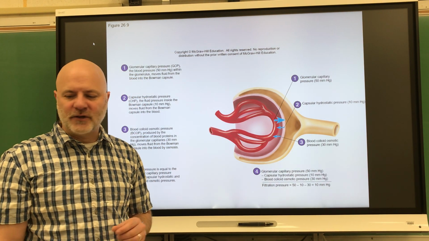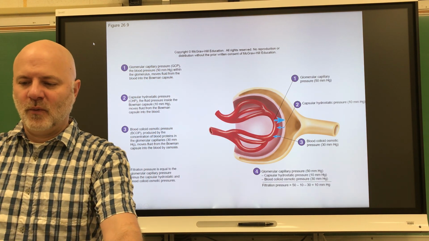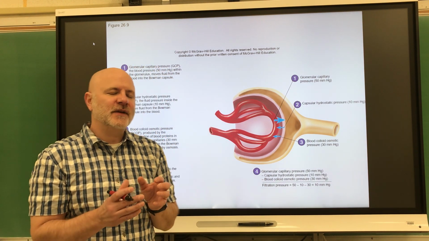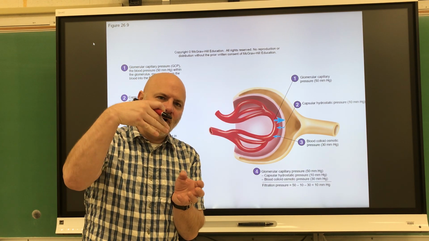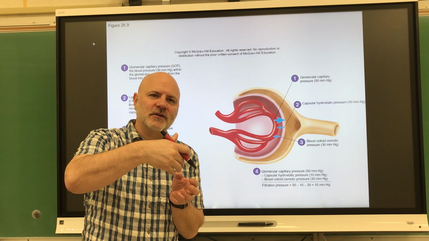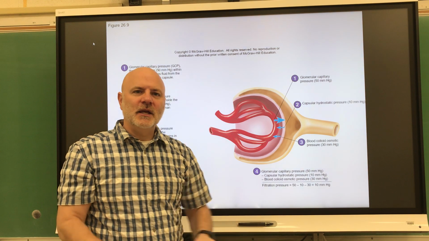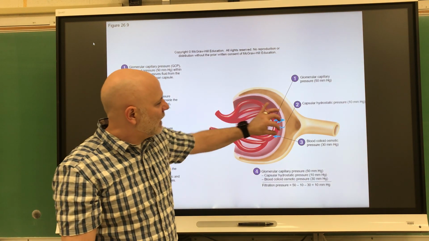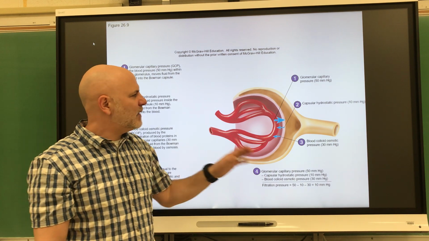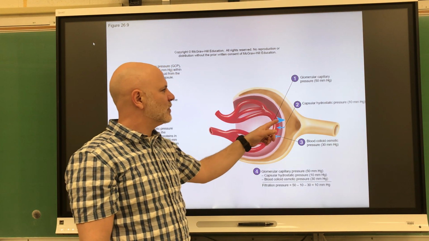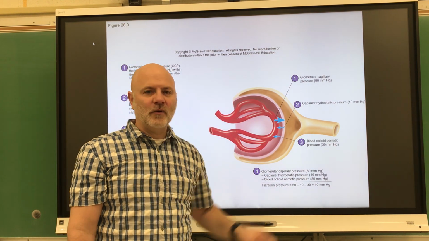Lastly is capsular hydrostatic pressure, shown here. This is water pressure within the capsule. You can think about this like a funnel: if you start pouring water into the funnel, only so much water can go in at a certain time before it overfills, because the opening is small. So if we put a lot of filtrate in here, it's going to push back some. But even so, that glomerular capillary pressure wins overall,